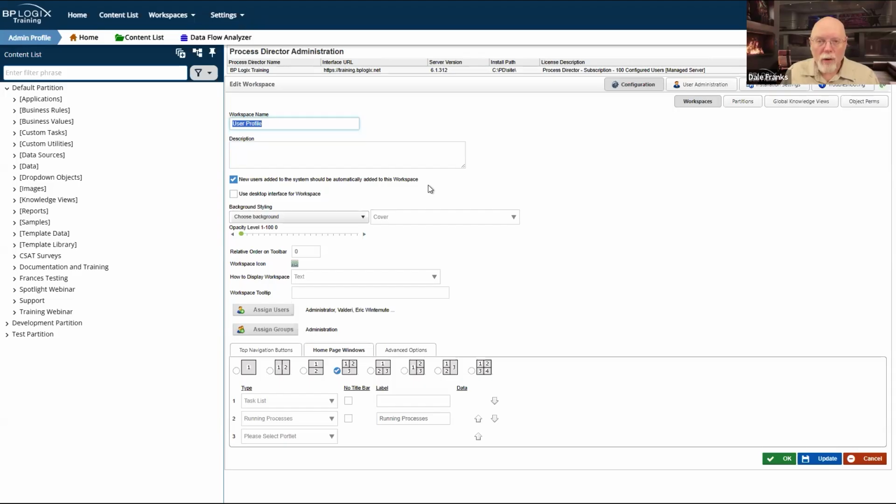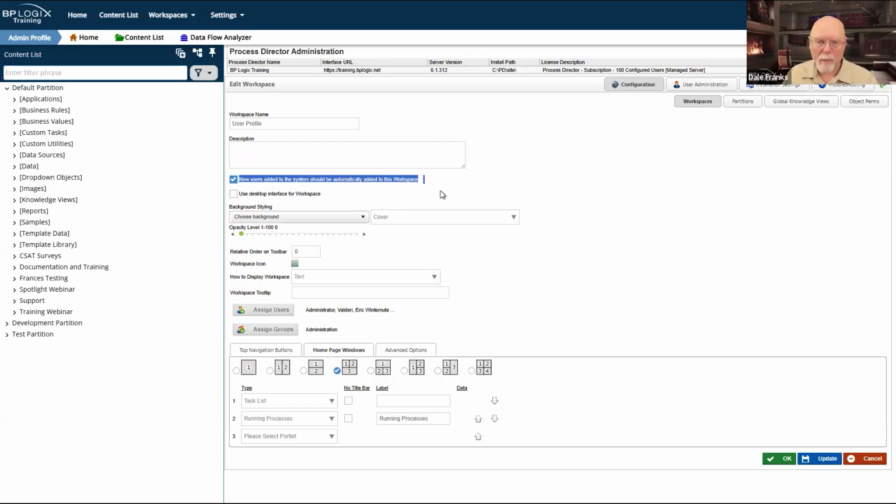But however you do it, you do need to have one default workspace, which is to say the workspace that every new user gets added to whenever they get a Process Director account. Because what you don't want is to add a user who isn't a member of any workspace from the beginning.